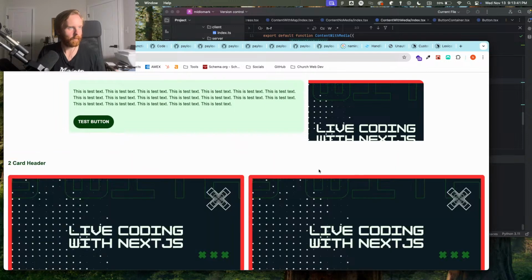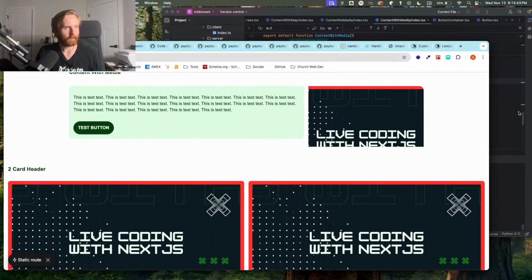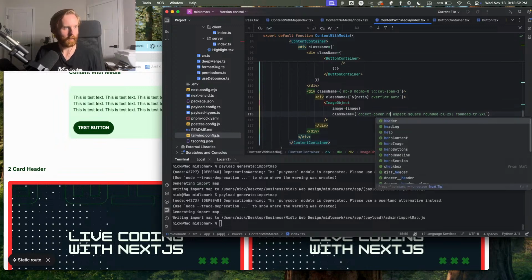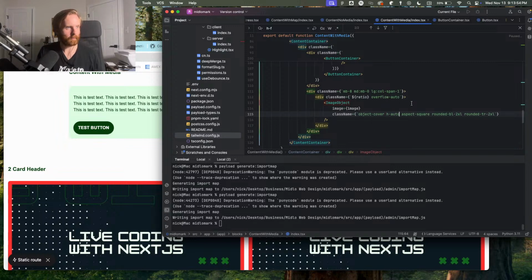Nope, that doesn't work. Okay. So if I change this then to be height auto,